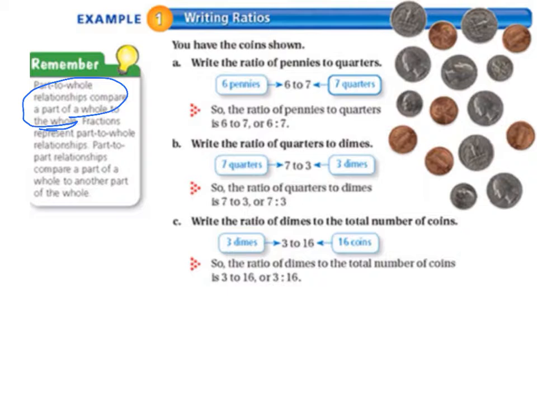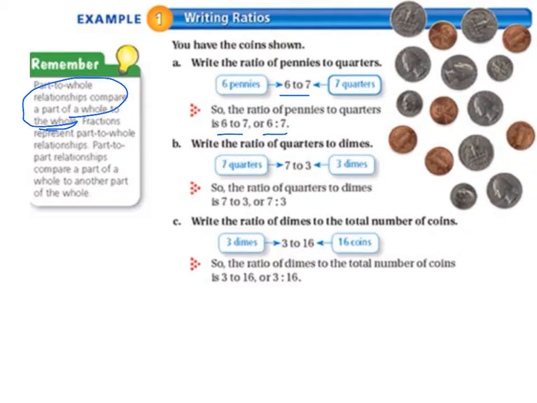So our first example, we're writing ratios. You have the coins shown. It says write the ratio of pennies to quarters. So in our picture there are 6 pennies and 7 quarters. So our ratio is 6 to 7. So the ratio of pennies to quarters is 6 to 7, or